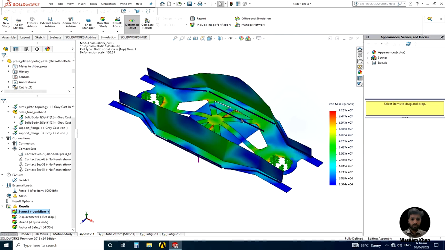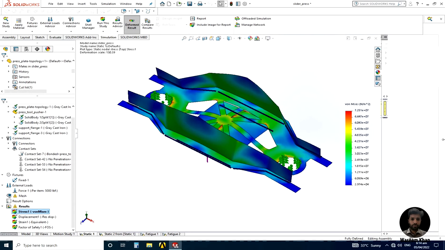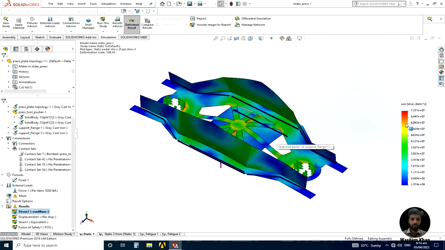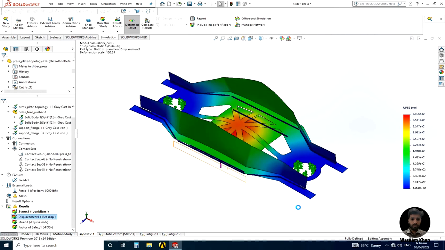As you can see, the stresses are quite low in this design. In the previous video the maximum stress was 100 megapascal, and now it is just 72.5 megapascal, and the displacement was a little higher in this case, but